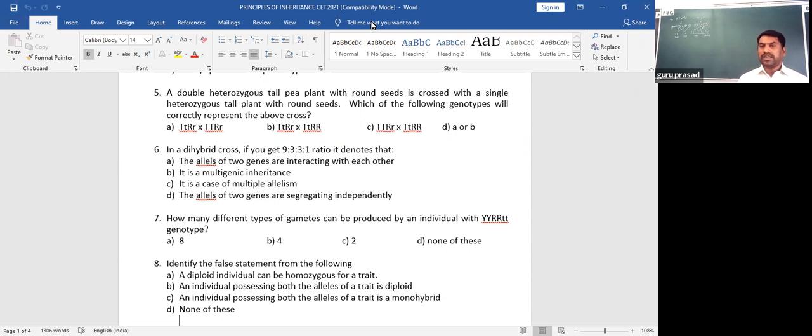So first you should know 9:3:3:1: round yellow, round green, wrinkled yellow, wrinkled green. 9 round yellow, that is one of the parental characters. 3 round green, that's not a parental character. What you have taken as parents is round yellow, one parent, and wrinkled green, another parent. So 9 round yellow we got, no doubt. There is inheritance as per the parent characters. 1 wrinkled green we got as the parental character, but round green and wrinkled yellow